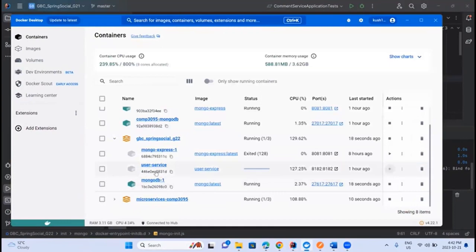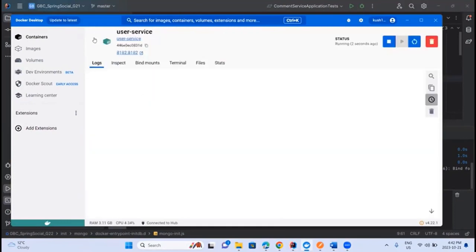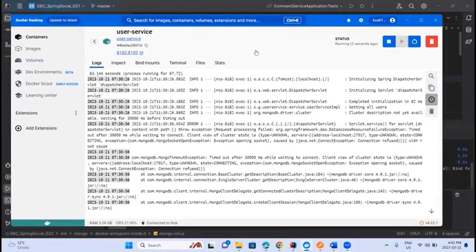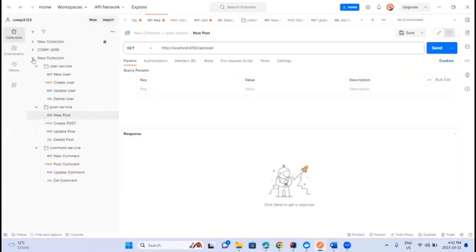And this is my user services. I'm running my user services, which is also running. It has port 8182 again for the user services. And this is my post services, comment services, and user services